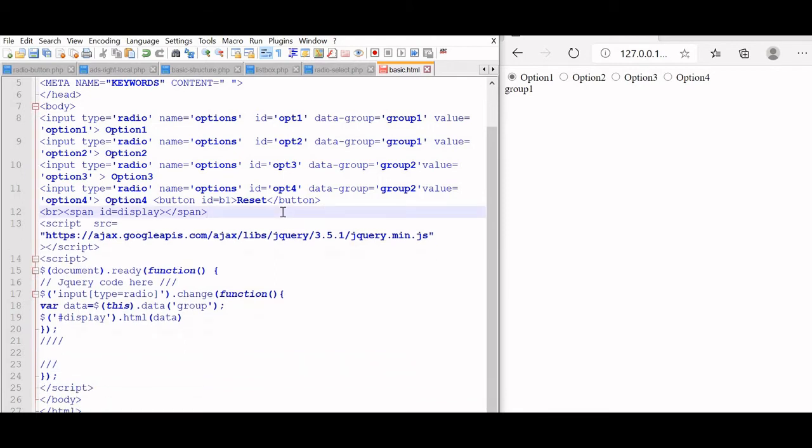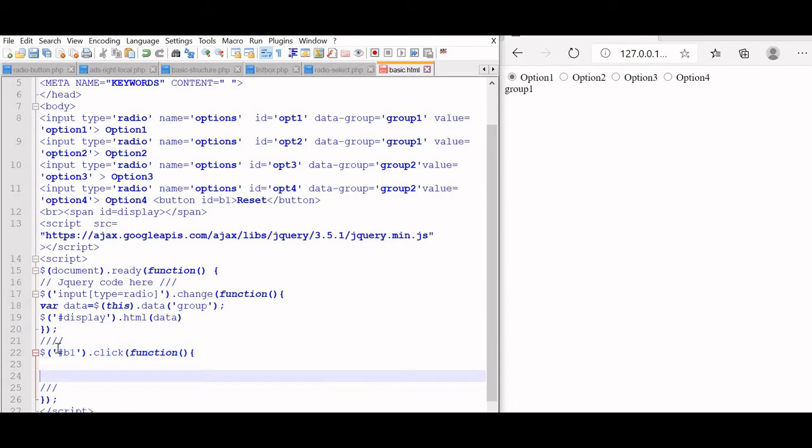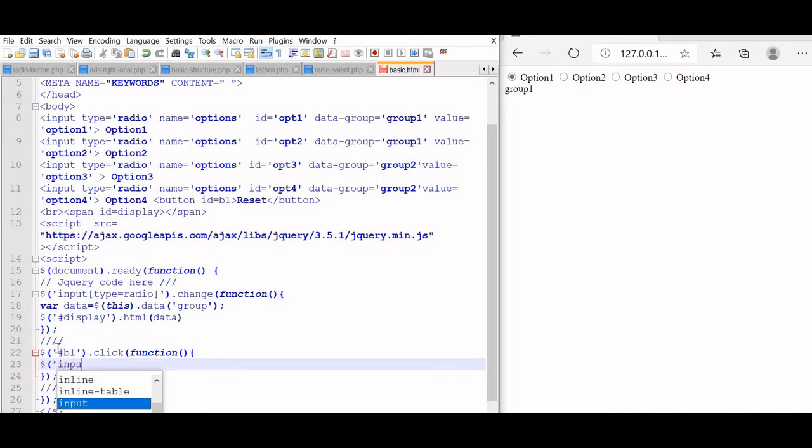Let's go a bit to the top. Now here, B1 is the selector. Now click function. Now let us close it first. We will now reset whatever is selected, input radio, where name is equal to options.